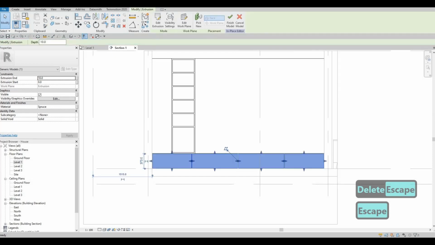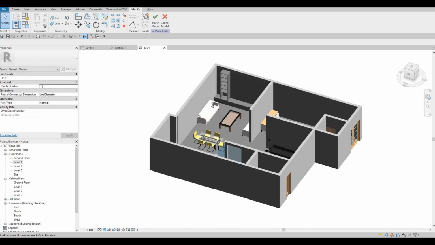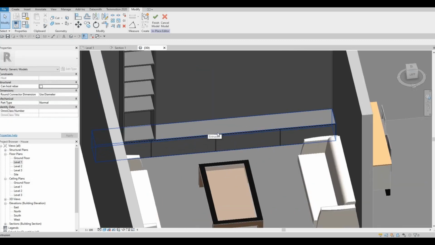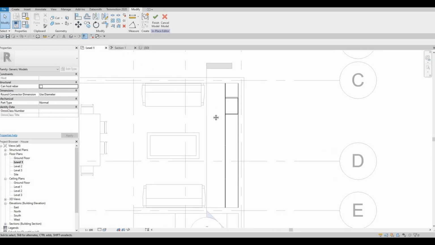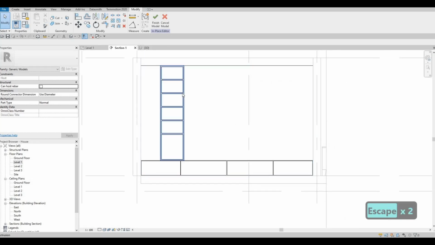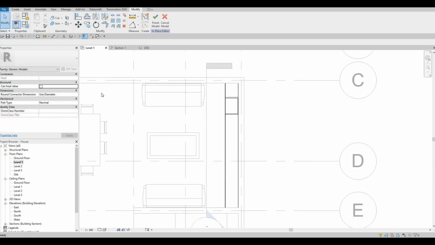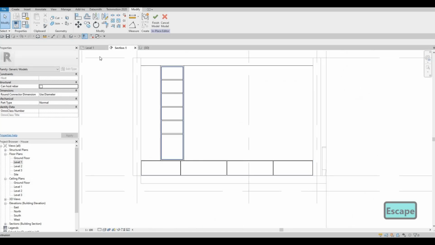So we mirror that one right there. If we see it in 3D, it will look like that. So that looks nice. And then what we're gonna do is we're gonna mirror this one, but we need to finish this first. And what I'm planning to do here is, let's go back to section,